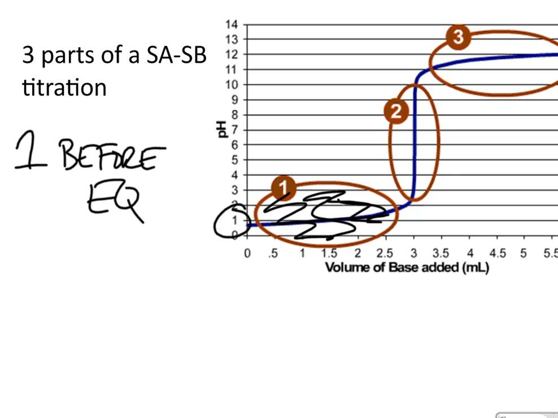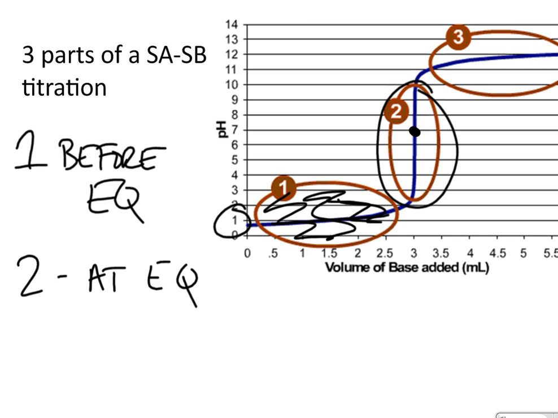Then you see region 2. Region 2, in the center of it, is at equivalence. That's when the acid and the base are equivalent. You basically reach an equivalence point, which will be somewhere in the vertical area. Notice there's a quick change in the pH. As you add a little bit, it skyrockets in that vertical section. That's going to be right around the equivalence point. In fact, halfway up in that vertical section allows you to figure out what the equivalence point is going to